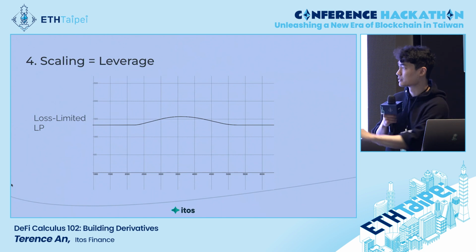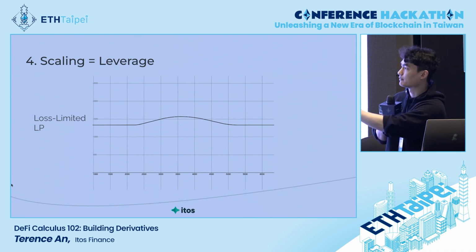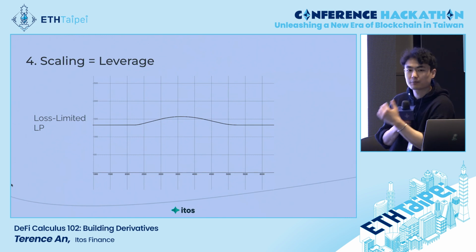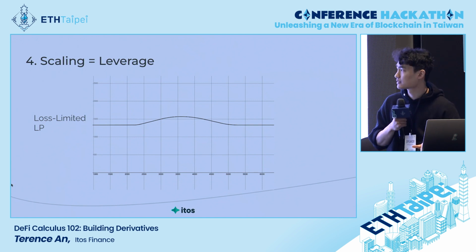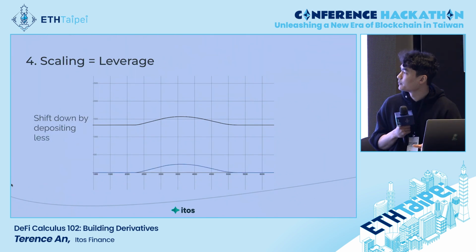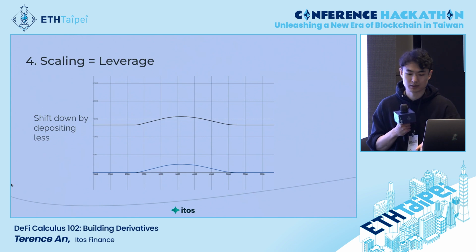So the first thing we're going to do is notice we have a floor price. And that floor price means our position will never go below that value. So this is kind of capital inefficient, right? If the floor is that high, what if I just deposit less to translate the whole thing down, just like we did with those option payoffs? And we can. In this scenario, we're not just depositing less, we're actually depositing the whole LP position and then borrowing, which is effectively the same thing. And we suddenly have a way more capital efficient way to LP.